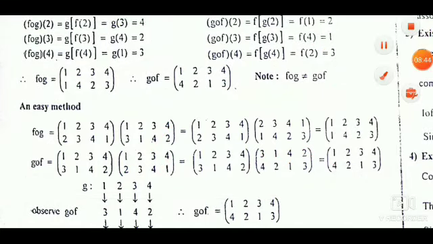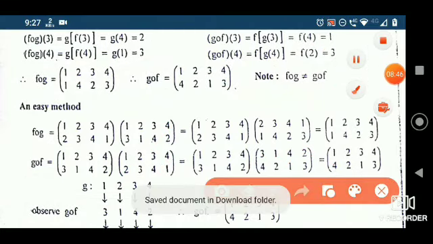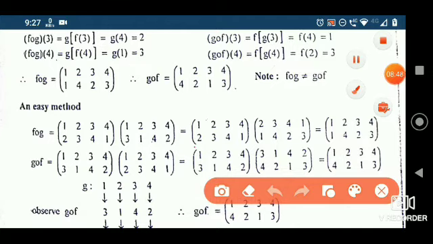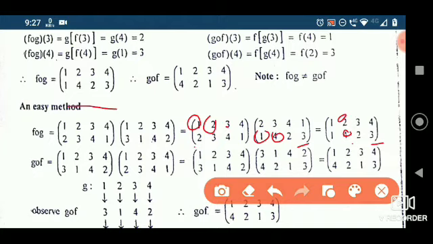Then it is easy. Just take 1 to 2. So 2 to 1. Write this one and this one. 1 to 1. 2 takes to 3 and 3 takes to 4. So 2 and 4. Just write 2 and 4. 3 takes to 4 and 4 takes to 2. So 3 takes to 2. 4 takes to 1 and 1 takes to 3. So 4 takes to 3. This is the answer we got here.